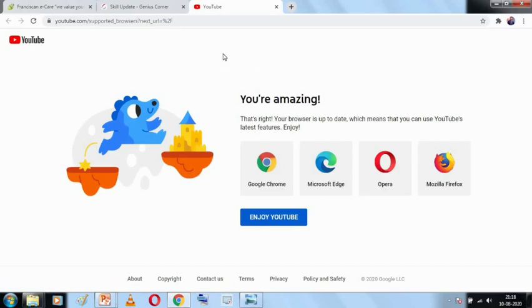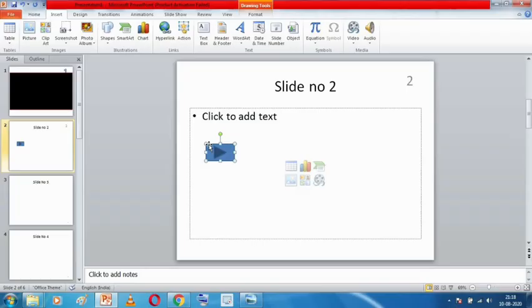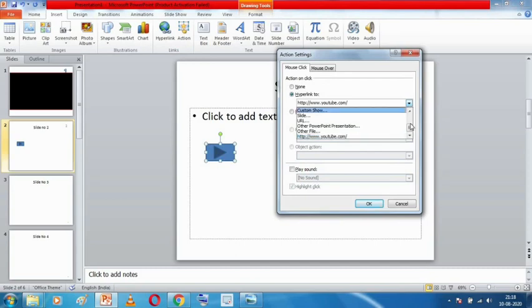This is the page for youtube.com. So I can create different hyperlinks using this action button. It is up to you which action you select from here. Now one more I will teach you, there is one more option which is called other file.